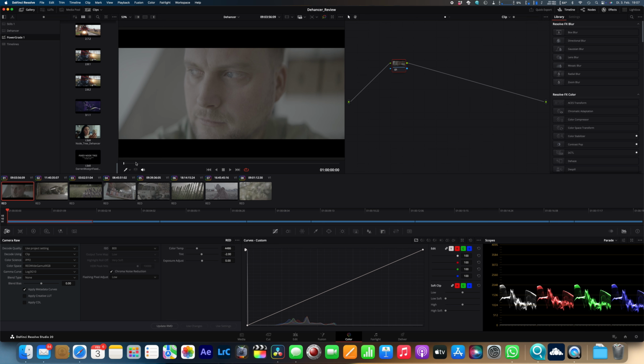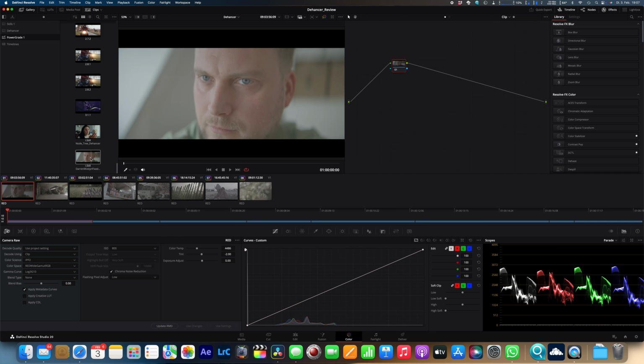Okay, so let's jump right into the color panel. We start with a clip shot on the Nikon ZR in RedRaw NE. And the first thing that we want to do is bring this footage into Rec 709. Therefore, I like to work with the node tree provided by Darren Mostyn. I fully recommend checking out his YouTube channel, a great colorist. I'll leave a link down in the description. And once we bring in this node tree,